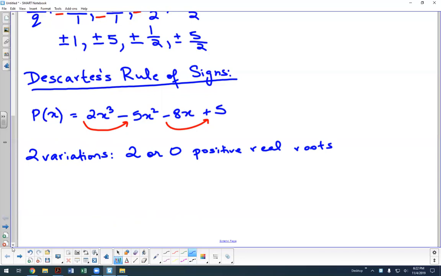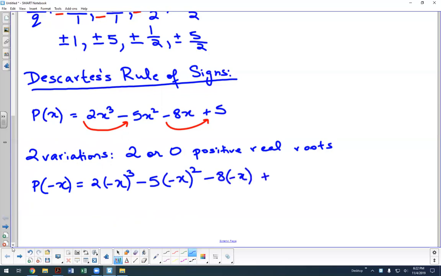Does anyone remember? P of negative x. You just replace your x with negative x and see what happens with your signs. So this will be 2 times negative x to the third, minus 5 times negative x to the second, minus 8 times negative x, and 5 has no x on it, so you just bring it down as plus